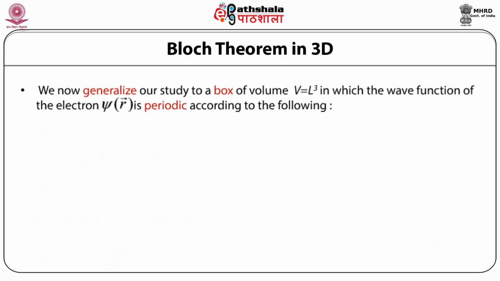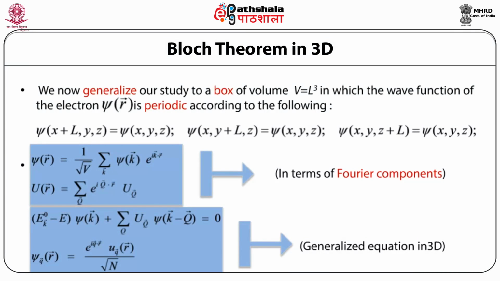We now generalize our study to a box of volume V, which is equal to L cube, in which the wave function of the electron phi r is periodic according to the following. That is, its periodicity is in the x direction, the y direction as well as in the z direction. So what we do now is express this wave function in terms of the Fourier components. That is, phi r is written as 1 by root of V. Earlier we had written 1 by root of L, but now it is 3 dimension, so we say it is 1 by root of V summation over k phi k e raised to power i k